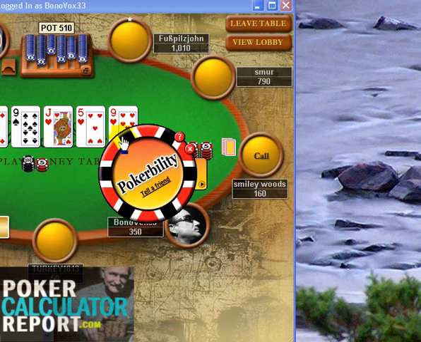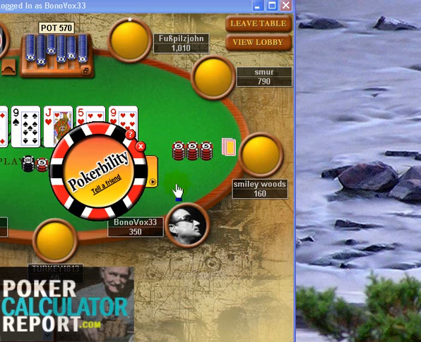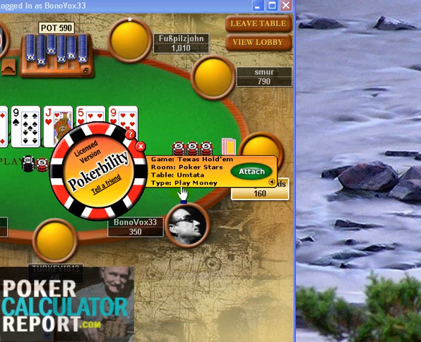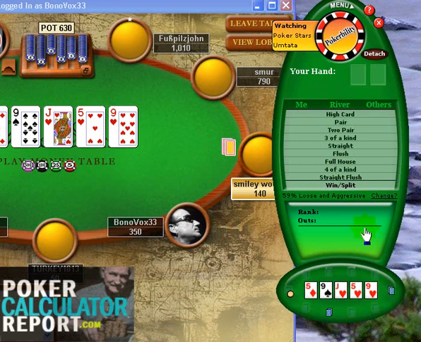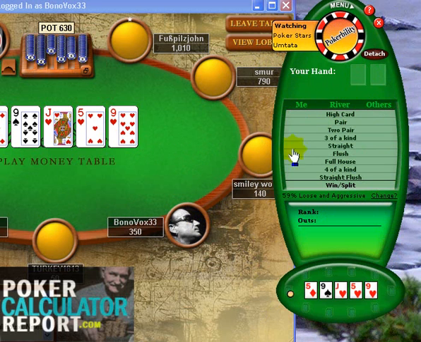Using the new Pokerbility poker calculator that I do really like. It pops up and recognizes your table right away, and basically you just have to attach it to a table that you're playing. I happen to be on a Stars play money table here just for purposes of demonstration. And as you can see, it automatically attaches, picks up the table name, and starts watching your cards